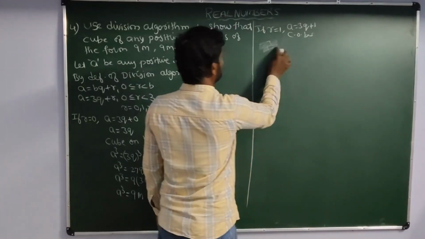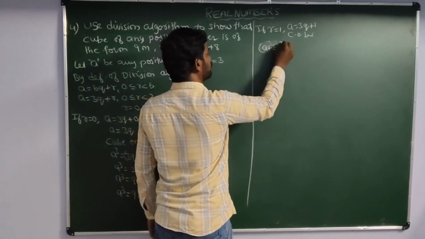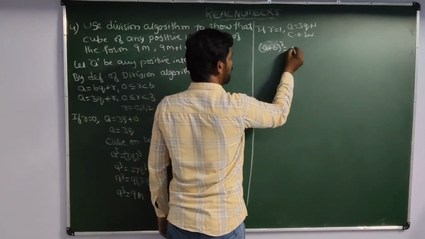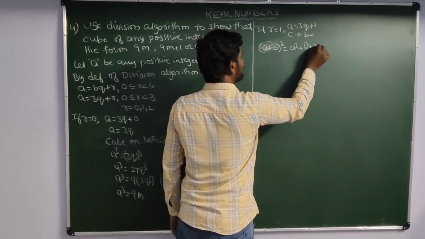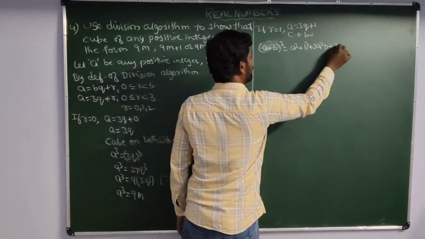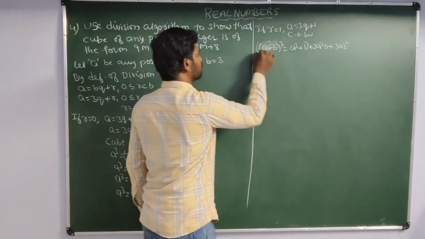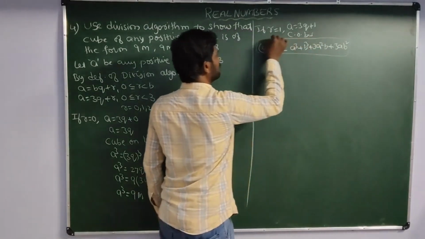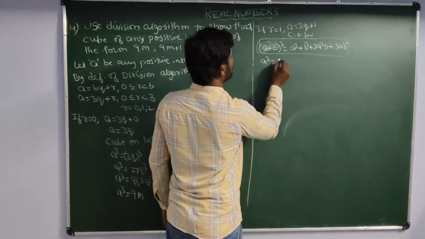Before writing this one, we have to know the formula. I write the formula. What is (a + b)³? The formula for (a + b)³ is a³ + b³ + 3a²b + 3ab². That is the formula. So we have to cube on both sides. Then a³ is equal to